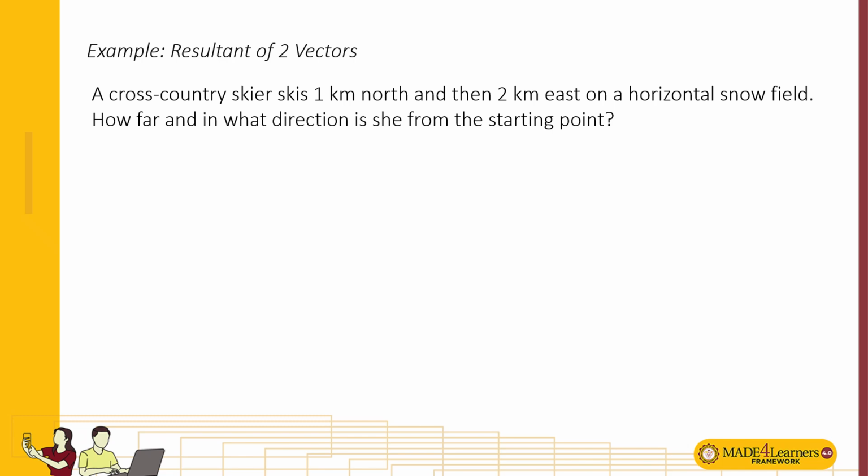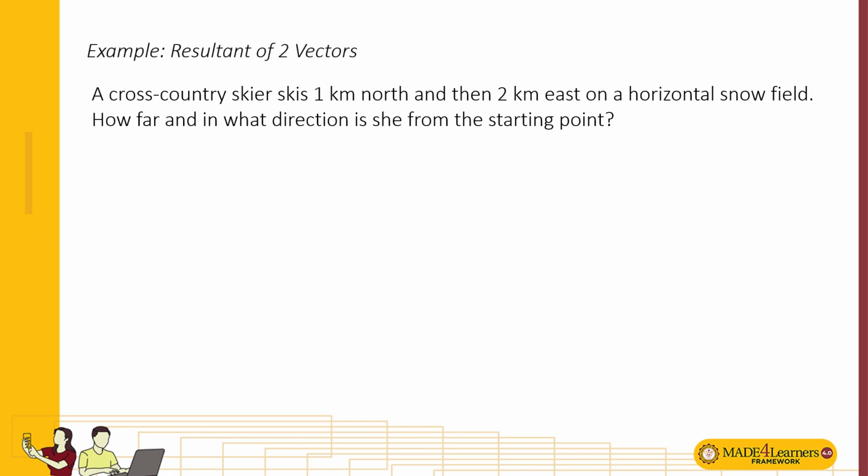Okay. Although we use analytical methods in solving for the vector's resultant, it would be best if we draw the vector quantities. Not necessarily down to scale, but kind of realistic. If one magnitude is greater than another, then the length of its arrow should be longer. Like for this one, the 2 kilometer arrow should be longer than the 1 kilometer arrow.